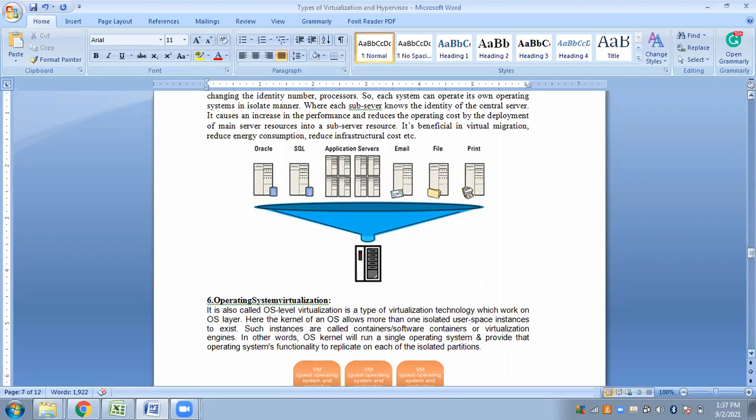So what is operating system virtualization? As I said, I told you in the previous class that hypervisors are of two types, mainly type 0 and type 1. We'll get into the various types in detail. I'll explain the hypervisor and its types in detail using diagrams in the next class. But for the time being, just understand the type 2 hypervisor, which is nothing but an application installed on your underlying operating system. That is called a type 2 hypervisor.